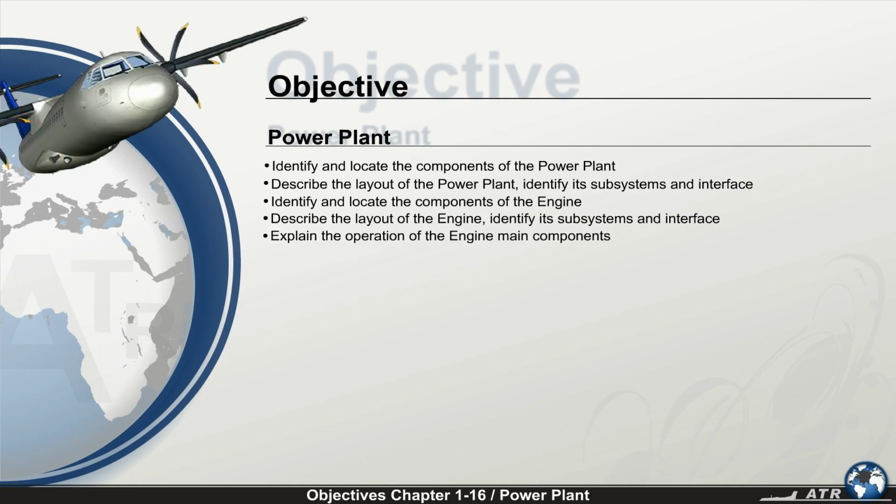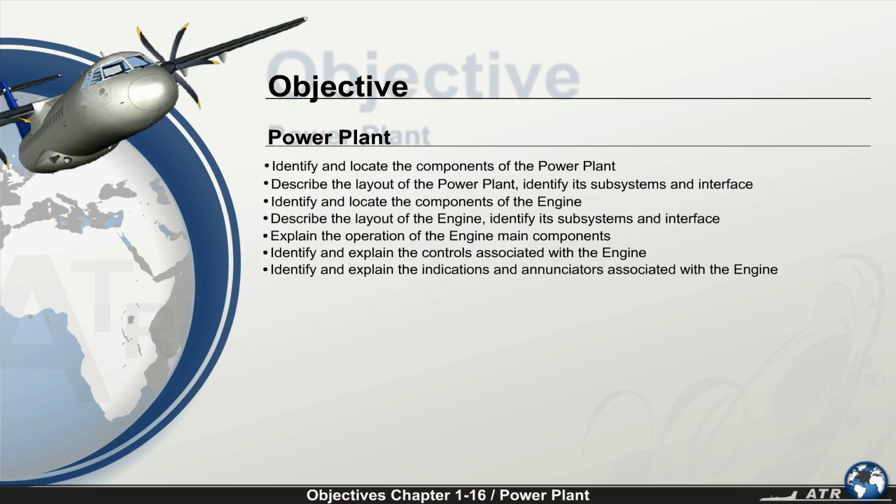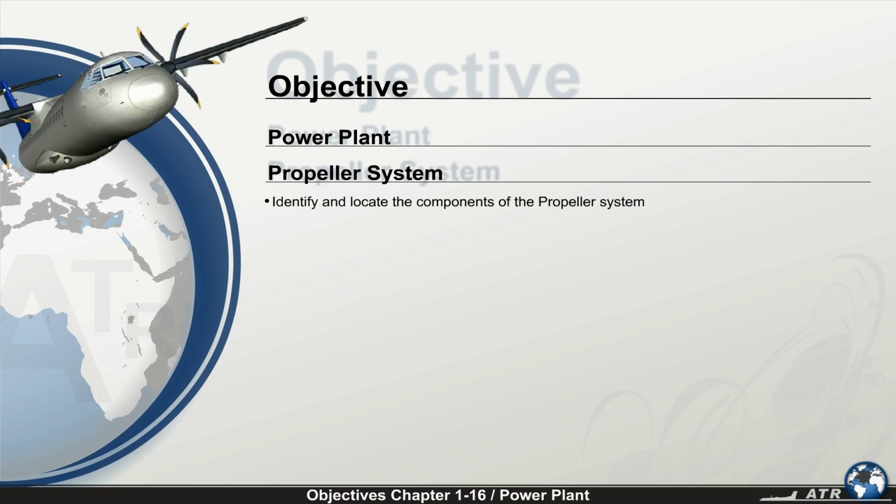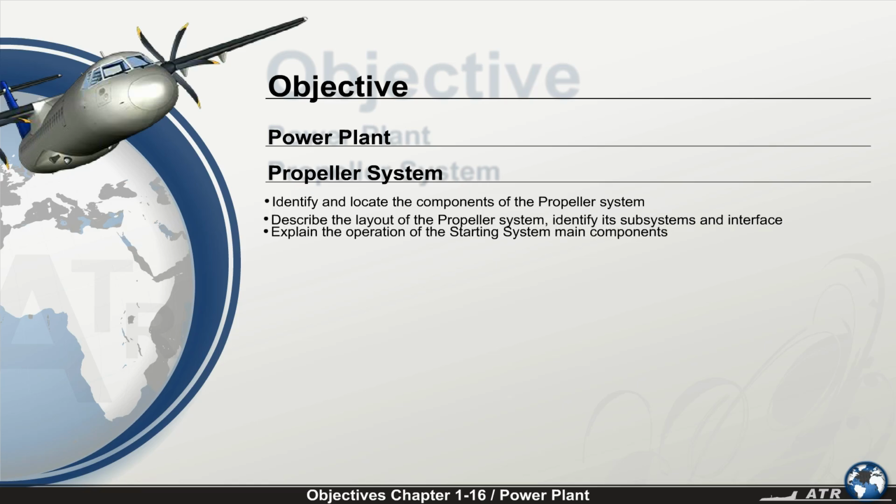explain the operation of the engine main components, identify and explain the controls associated with the engine, identify and explain the indications and annunciators associated with the engine, identify and locate the components of the propeller system, describe the layout of the propeller system and identify its subsystems and interface, explain the operation of the propeller system main components,